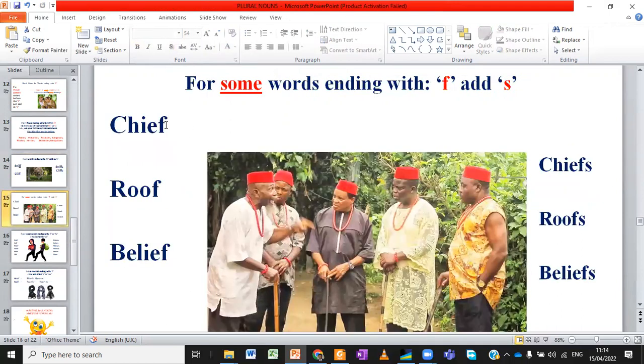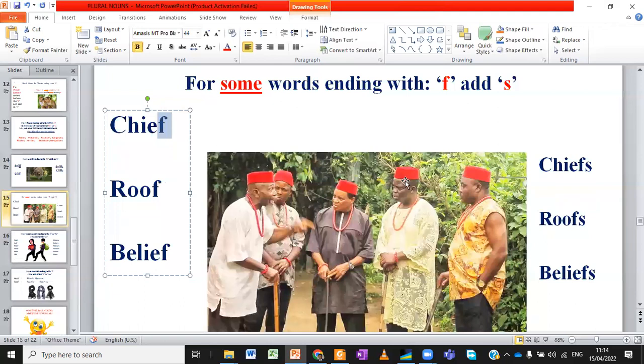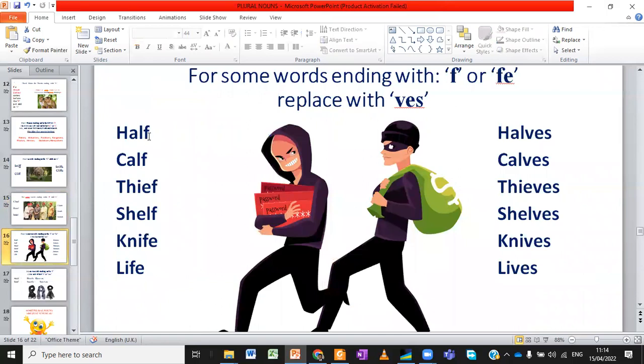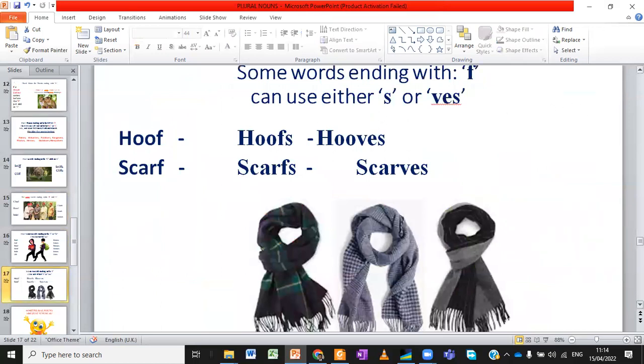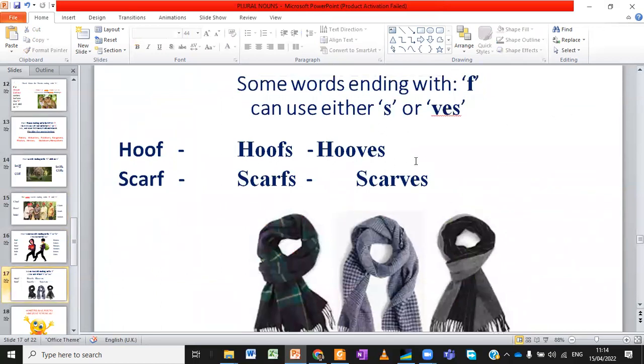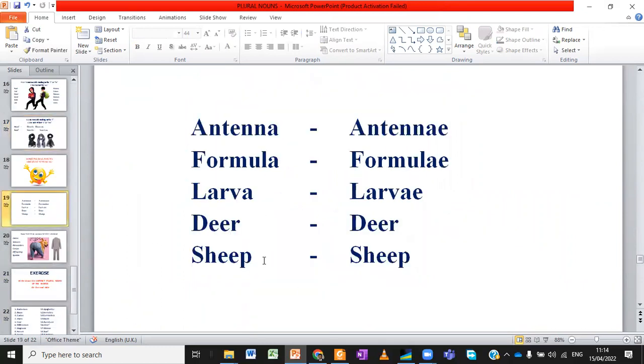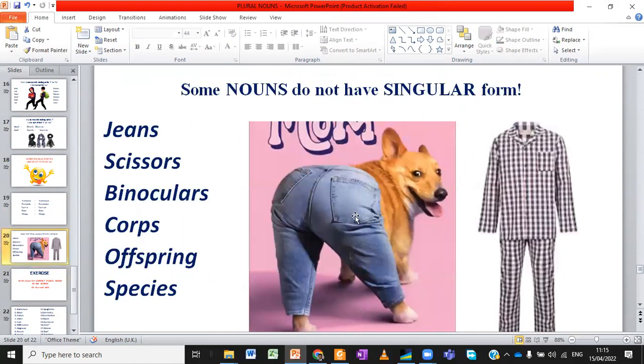For some words that end with F, you just have to cram them or know them. Just add an S, okay? Why some words, you add VES. Some words ending with F, you can actually use VES and just S. Now, to the unusual, you have the dear, shape, formula, formulae, antenna, antennae. Then we have the